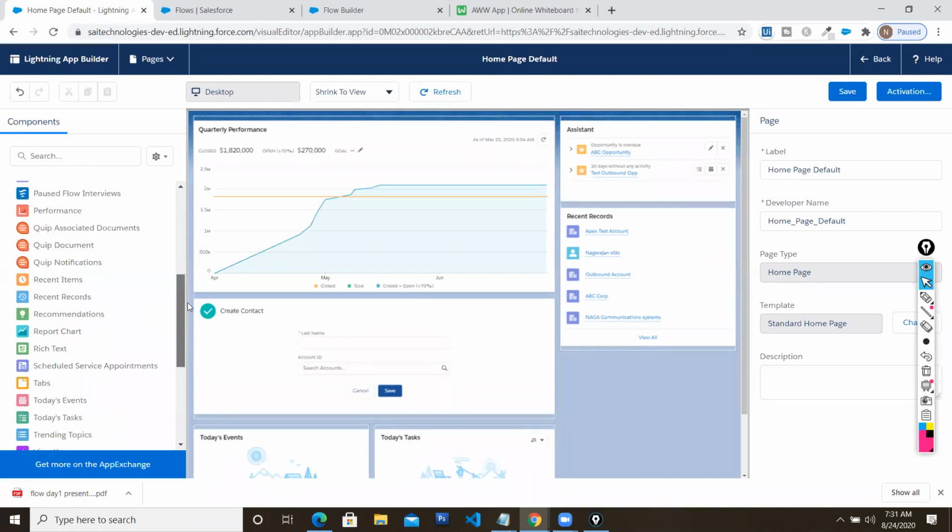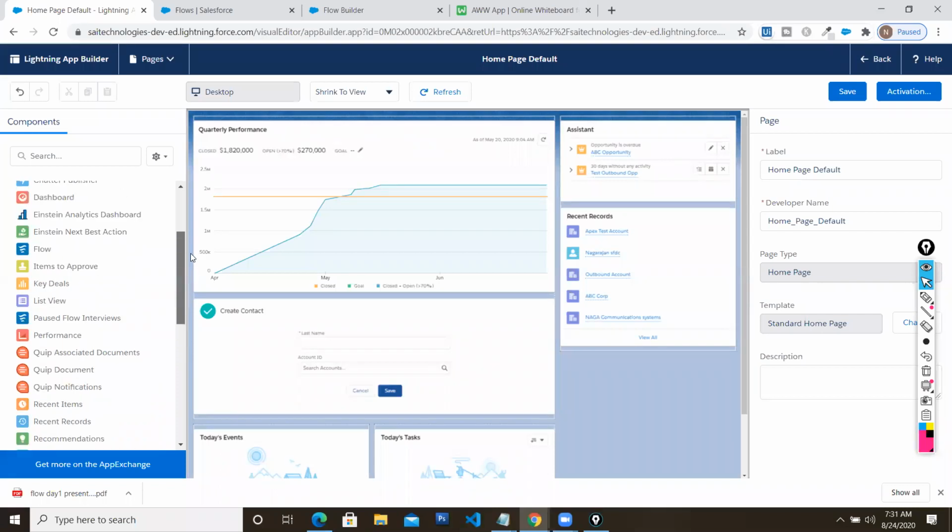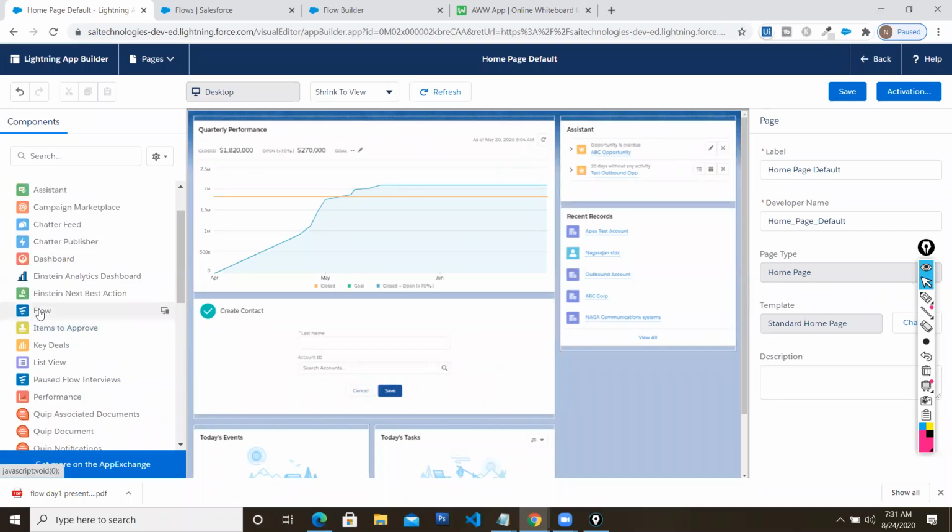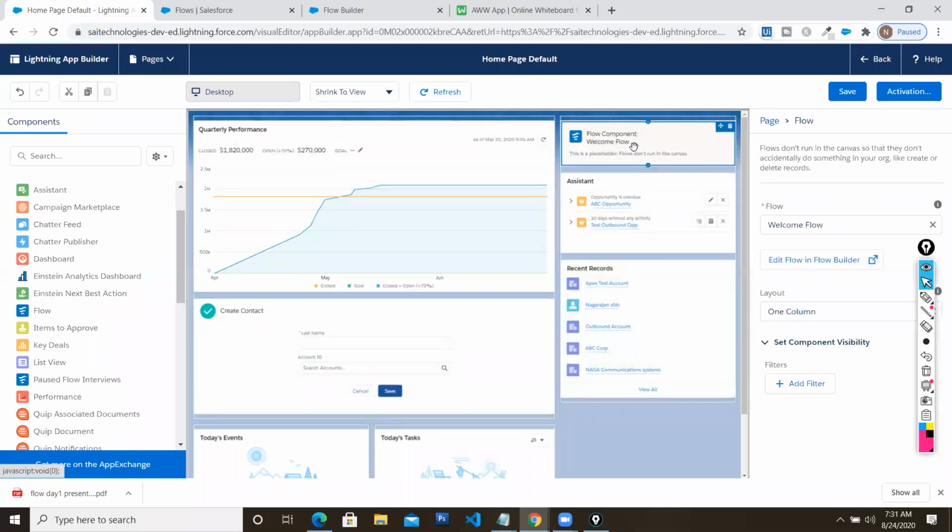Okay. So now we have a flow component. To test this flow, you have to go for flow. There is an option called flow. You have to drag and drop it wherever you want. If you want it at the top of the screen, you can place it. I want this particular area, so I just drop it. Immediately, the flow I just created is automatically displayed right over here, see here at the right.